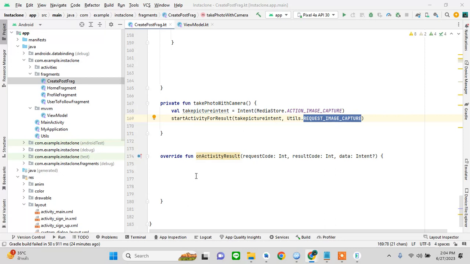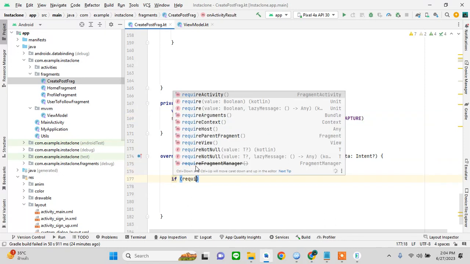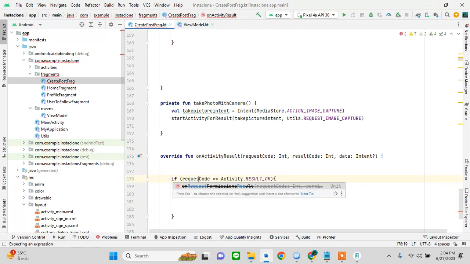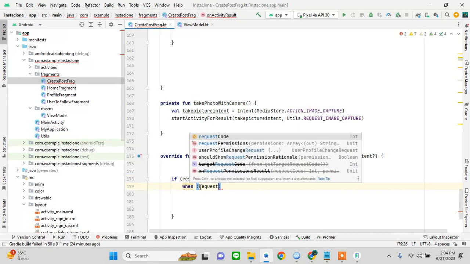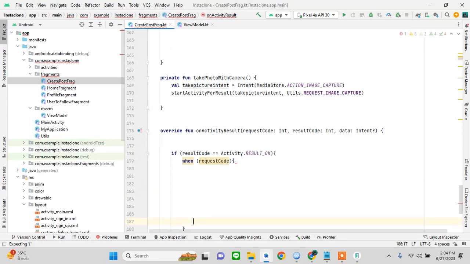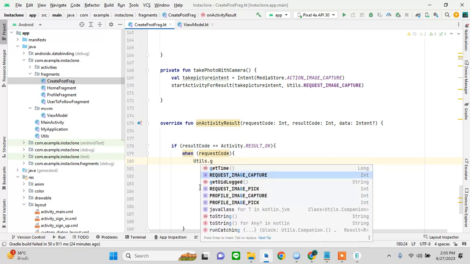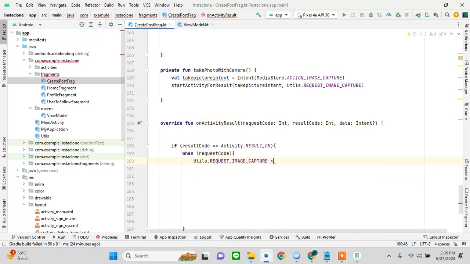So we will say if request code is result okay, when request code, here instead of using if and else, we are using when, utils request image capture, when it's about camera, right, number 1 or 2 I think. Then what needs to happen is,